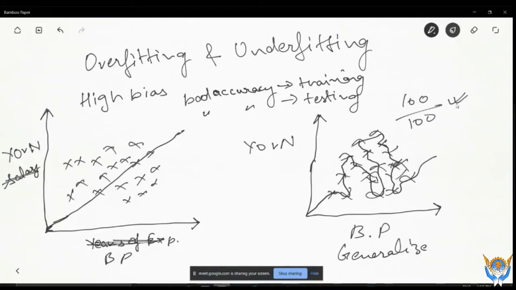But suppose any circumstances occur and that paper is declared null. The very next day the college announces that this paper is null, and we are not going to consider these marks.